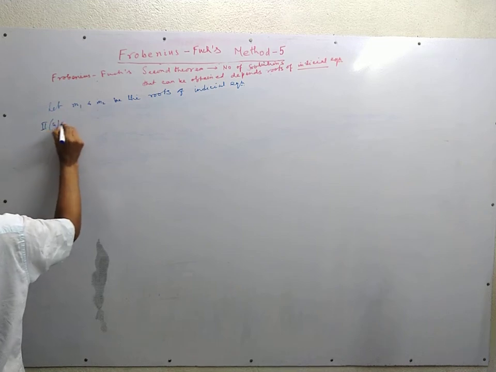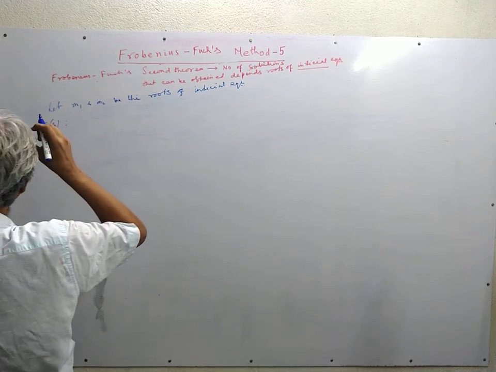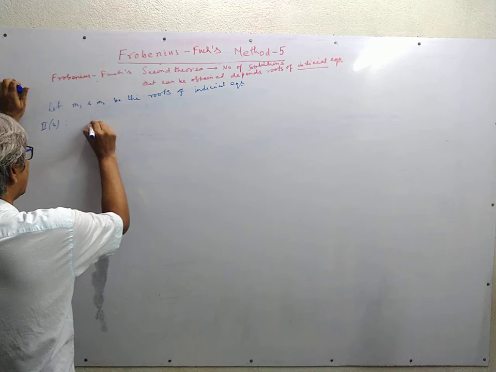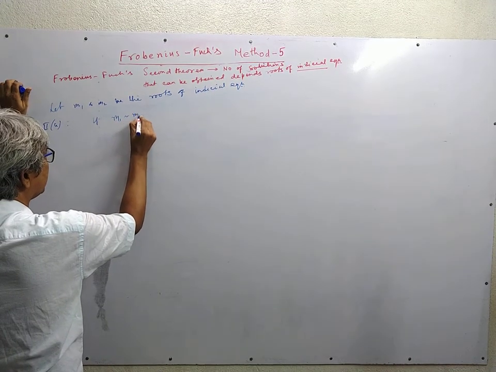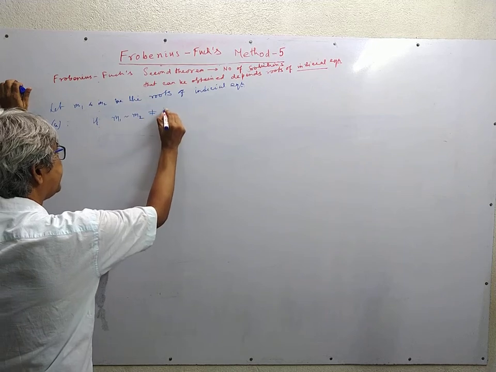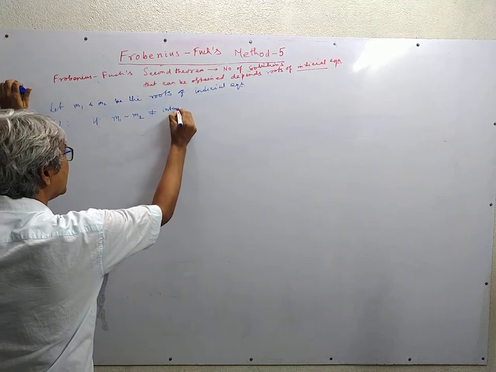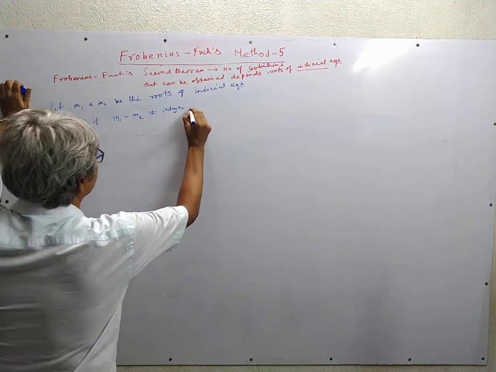Theorem II states, if m1 minus m2 is not an integer, then